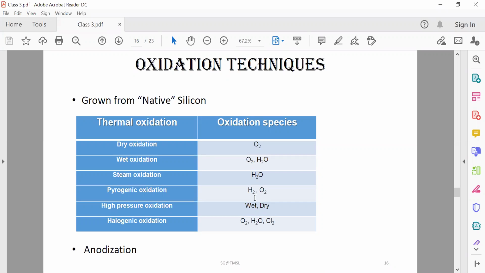Okay. The another technique is high pressure oxidation here, because